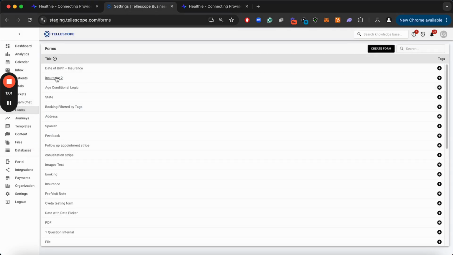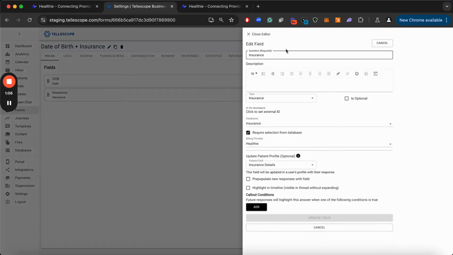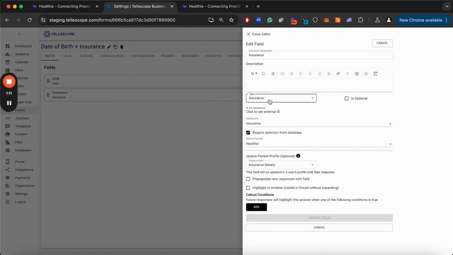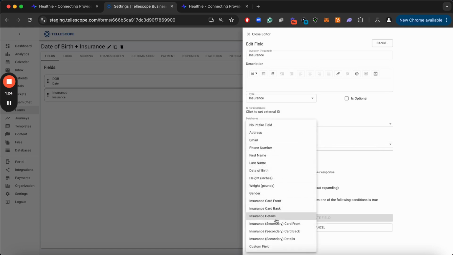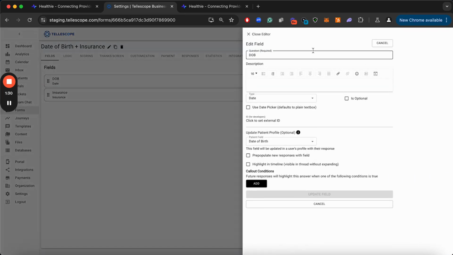And so if we want to get this added through a database select, we can come to this insurance question type that we've created in Tellescope. We would select insurance for the type. We would pull from that insurance database that we've already created, and then our billing provider would be Healthy. And we want to make sure that this question updates the insurance details in Tellescope. If we want to sync other fields like date of birth, for example, we could have a date of birth question type,